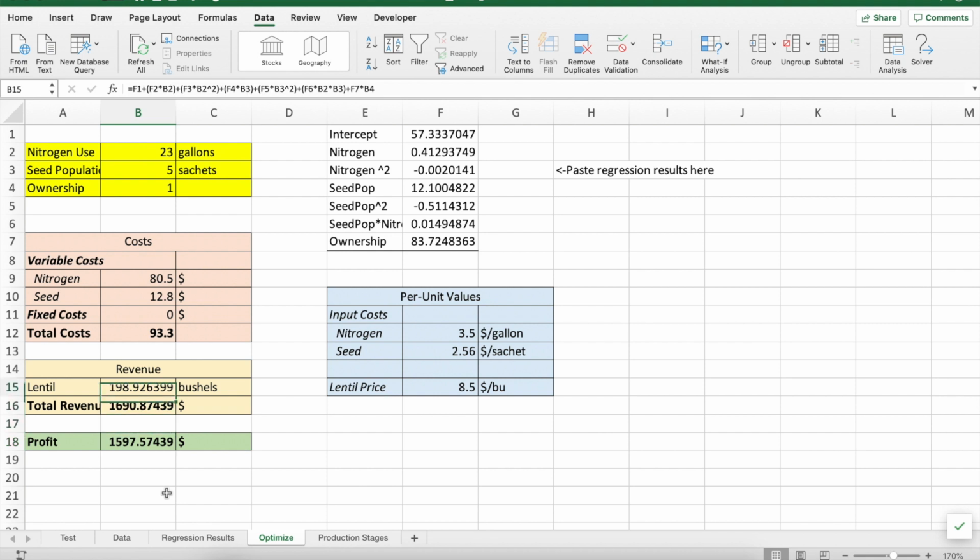So the one cell I skipped over is this lentil production. If we look at the formula for that, it's very complicated, but all it is is the econometric model that we specified in the first sheet, right? So our production in lentils is going to be equal to